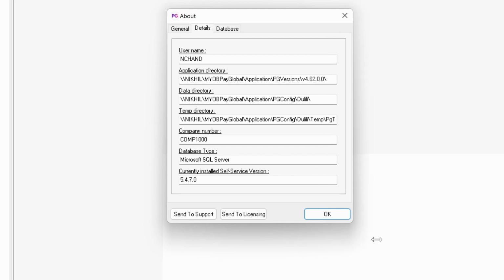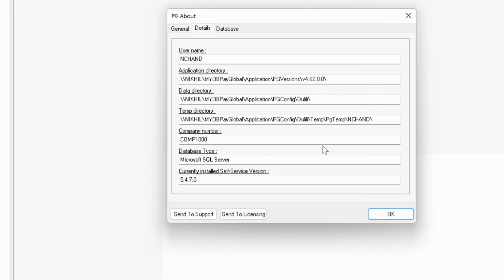So if you want to see your user ID, this is your user ID that you'll see over here, or your username. And another important thing over here is your temporary directory. So if your PayGlobal application is not hosted on cloud, then it's hosted on an on-premise environment. Therefore, all your files by default would be sent to your temporary directory, and it's important to understand the path